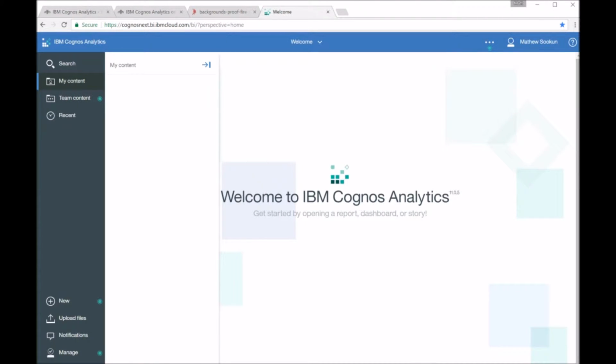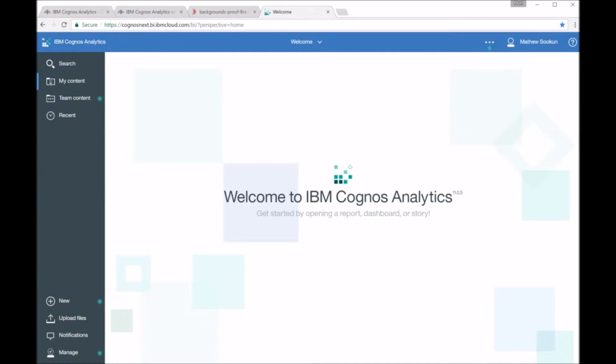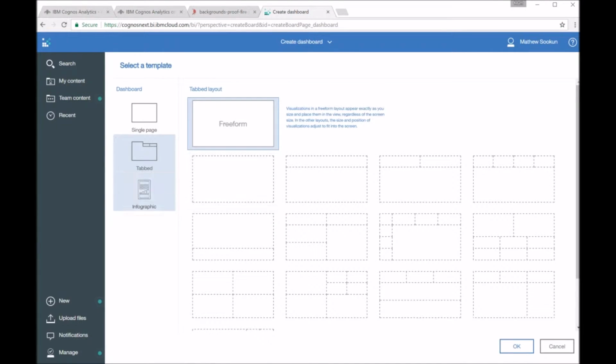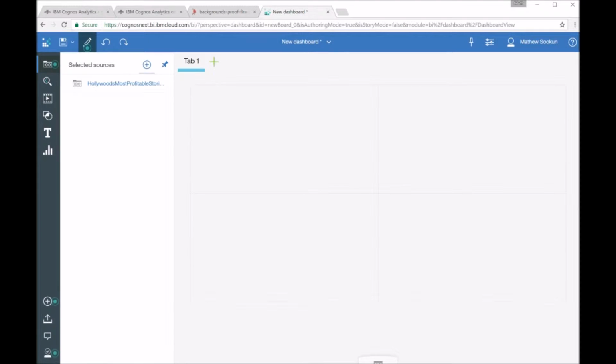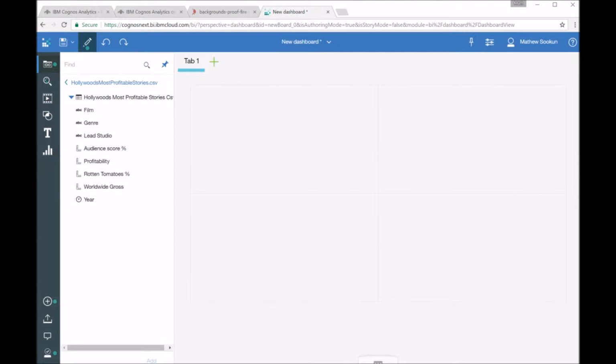So this is IBM's Cognos Analytics platform. I couldn't resist putting a visualization together for this. It's so much fun. So very quickly, I'm just choosing the template here, which is sort of quartered, and I'm using a data set that I've come across. I can't actually remember where I got it from, but it's to do with movies and the most profitable movies between a particular period. So here you can see I can drag and drop,